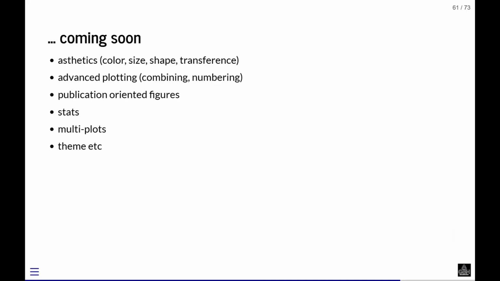And in the workshop, if you're interested, we look more into that: different aesthetics, advanced plotting, how to combine plots, how to number the plots. If you want to publish, you sometimes need to have many plots together with serial numbers A, B, C, D or something. How can we do that? Sometimes you need to have stats. Sometimes you need to have multiple plots, bar plots, point plots together. You need to sometimes have colors. How can we do that? We will see those in upcoming